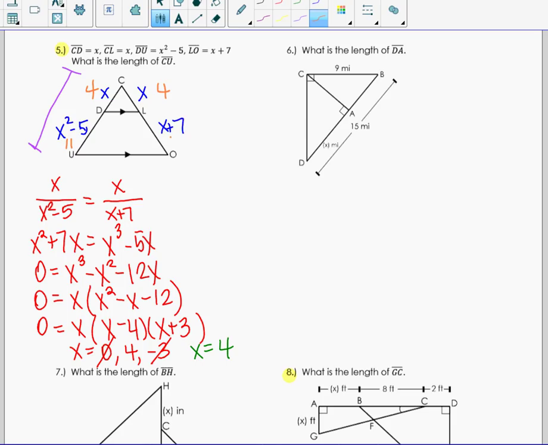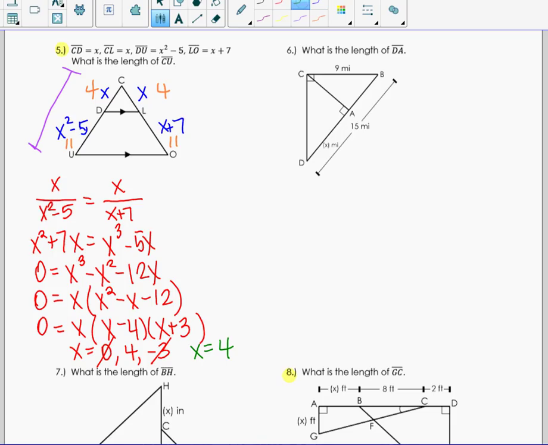And 4 plus 7, which is 11. Some of you might have picked up on the fact that in the beginning, these had to be the same no matter what, because if you have x and it's proportional, if you have 4 up here, you have to have the same number in the denominator in order to solve. Okay,